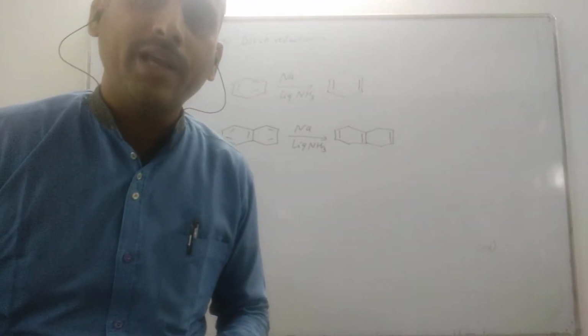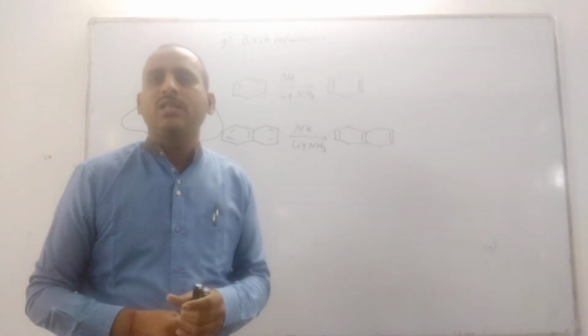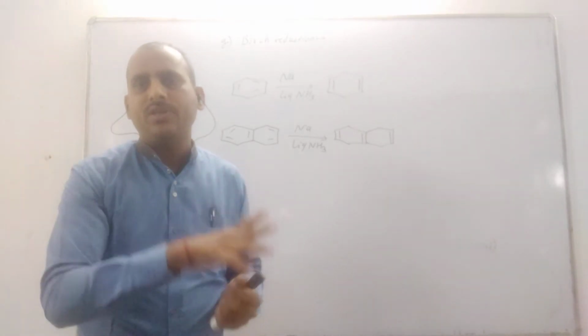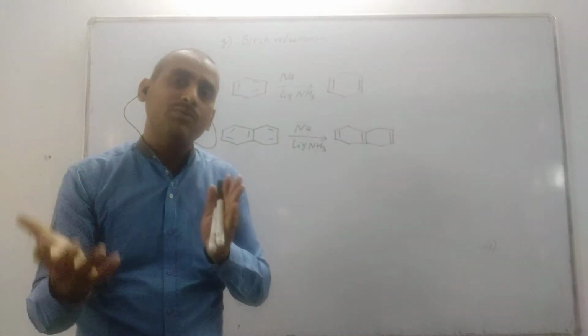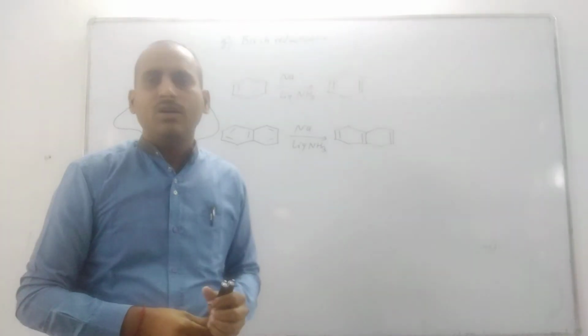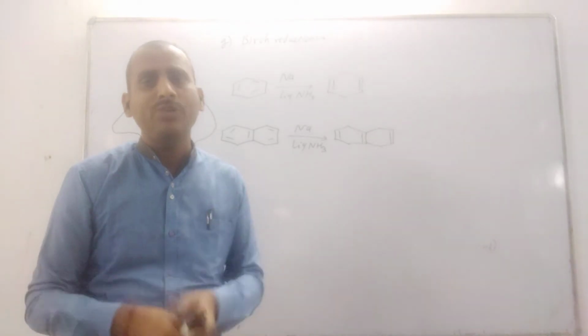And if an electron donating group is present, it is present on an unsaturated carbon. Again, there is 1,4 reduction, but the electron donating group is present on the unsaturated carbon, and if an electron withdrawing group